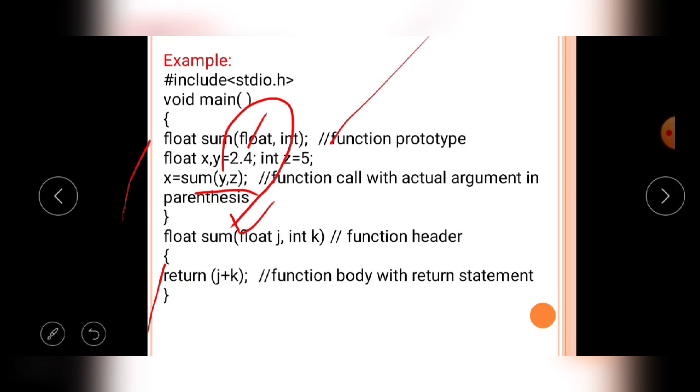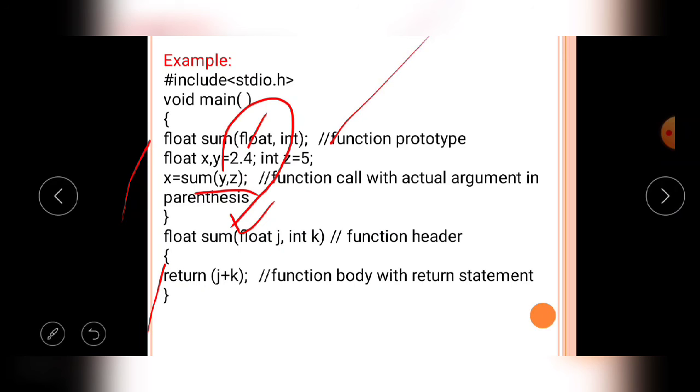The variables which behave like donors from the caller function to the calling function are called actual arguments. The actual arguments all belong to the caller function only, but not all variables belonging to the caller function are actual arguments. Only some are.